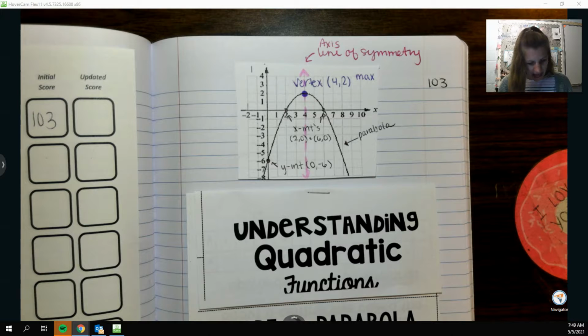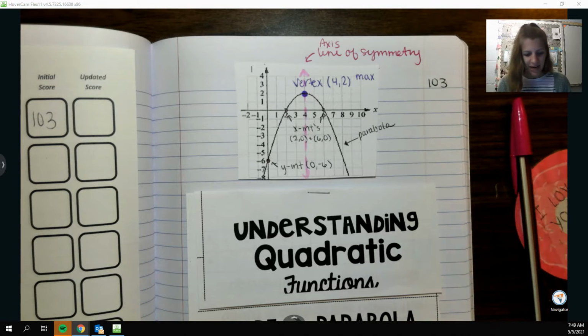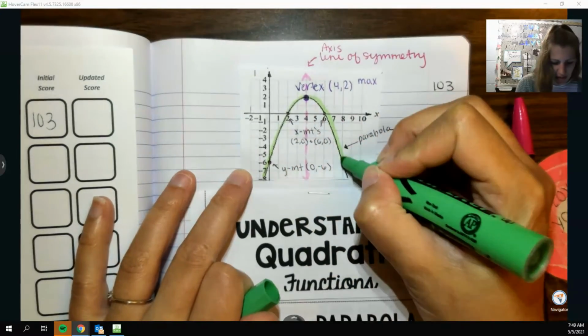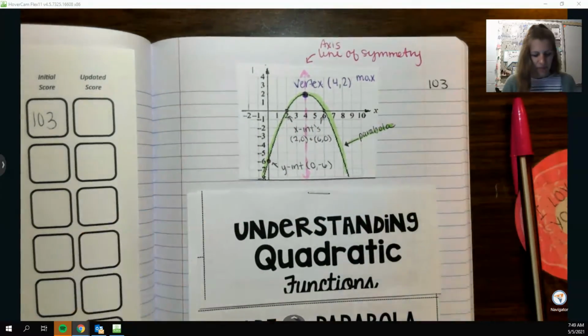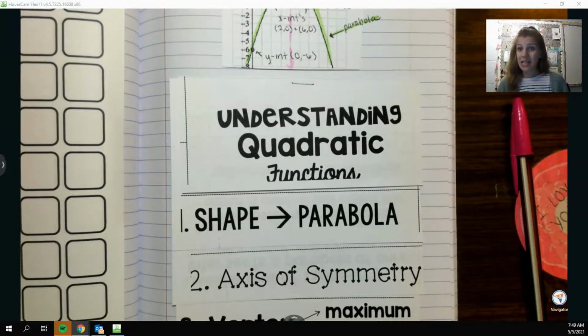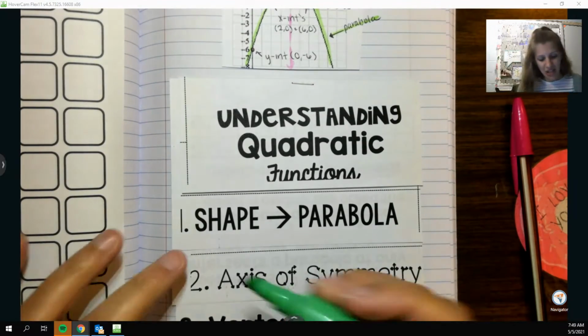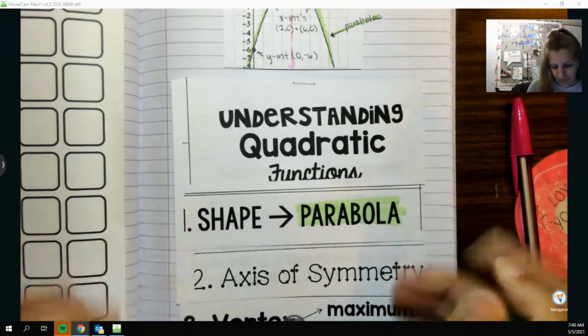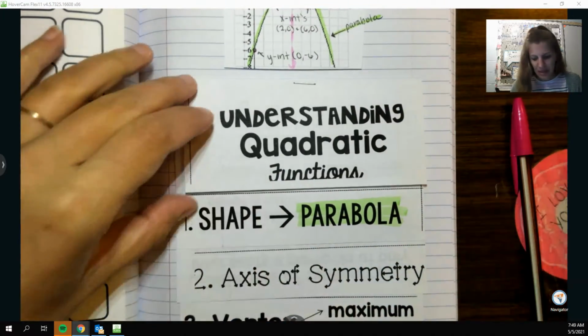And so, yeah, I think I want to maybe leave it there, and we will do some of these things underneath, which is the same stuff we just talked about. So the shape overall of our graph is called a parabola. And so if we open this one up here,